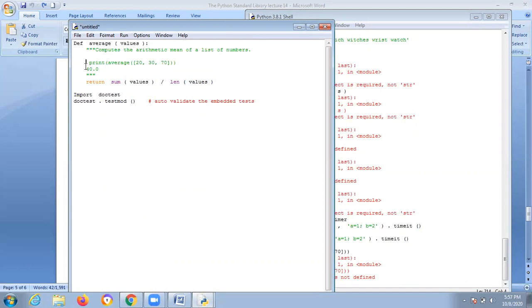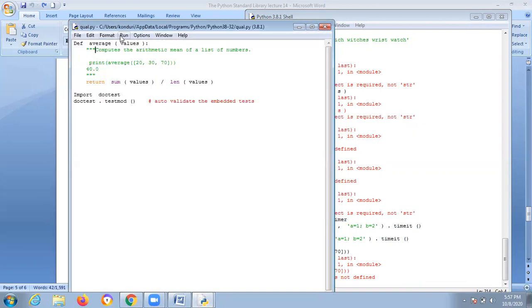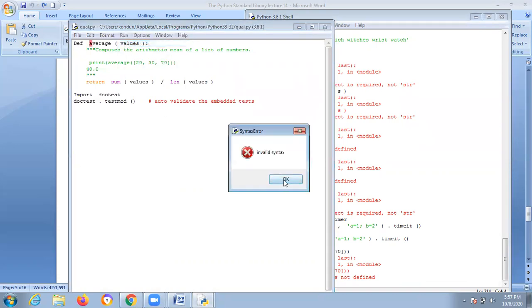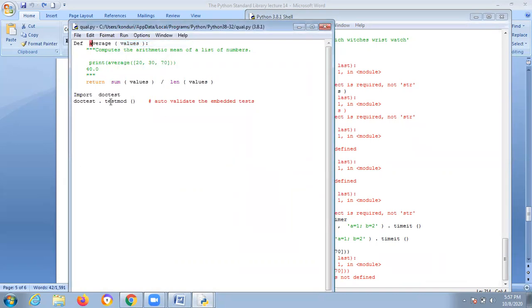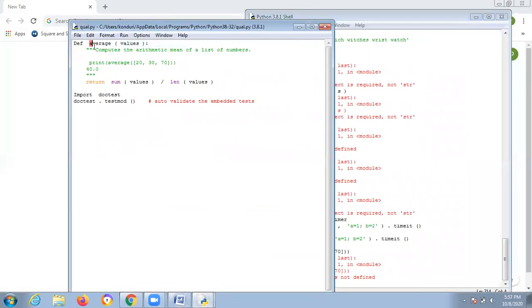Remove this one. So quality, define average values, def average.